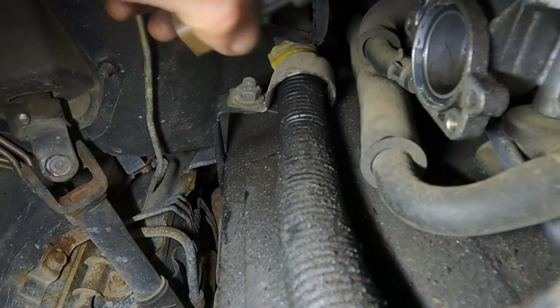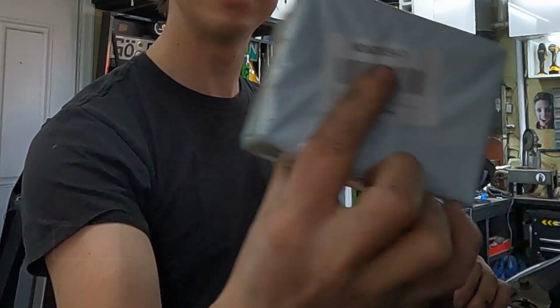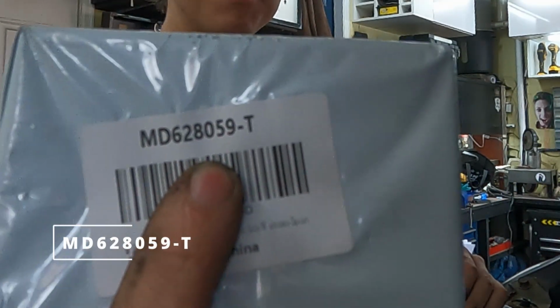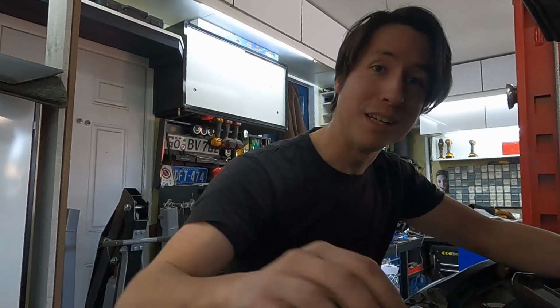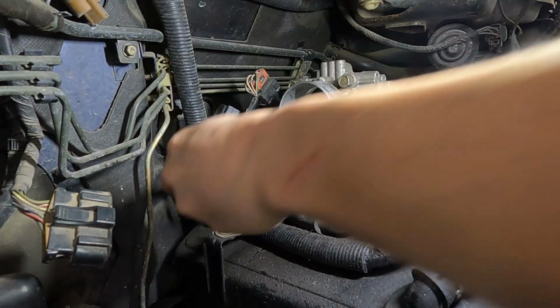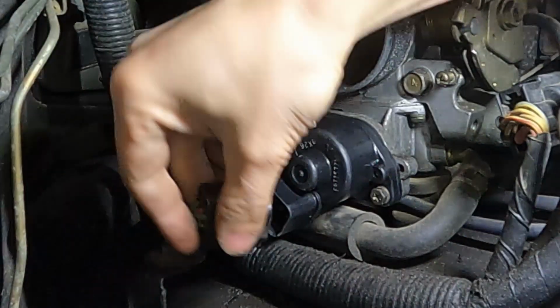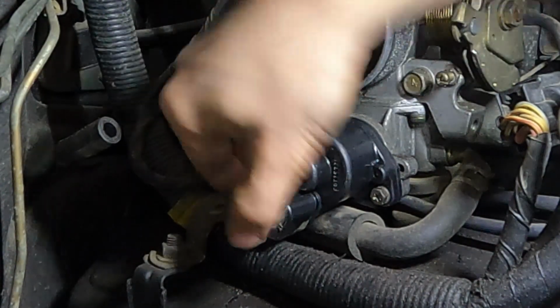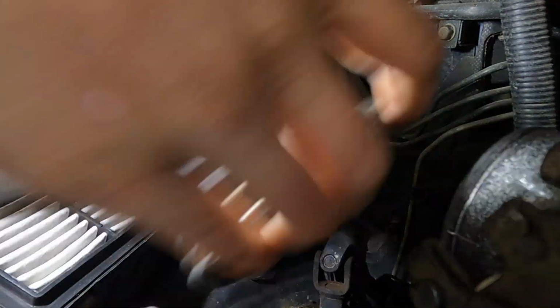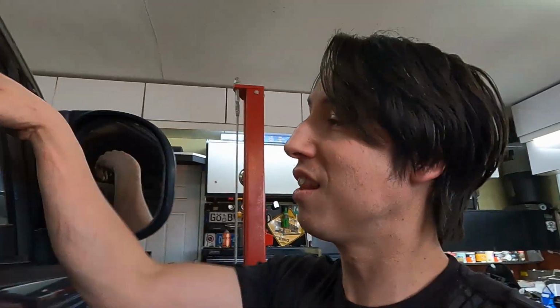Now this L400 has the 6G72 in it, so the part number we're going to need for this is MD628059T. Now we can take our new one, new O-ring, and put it back in place. And now, with any luck,